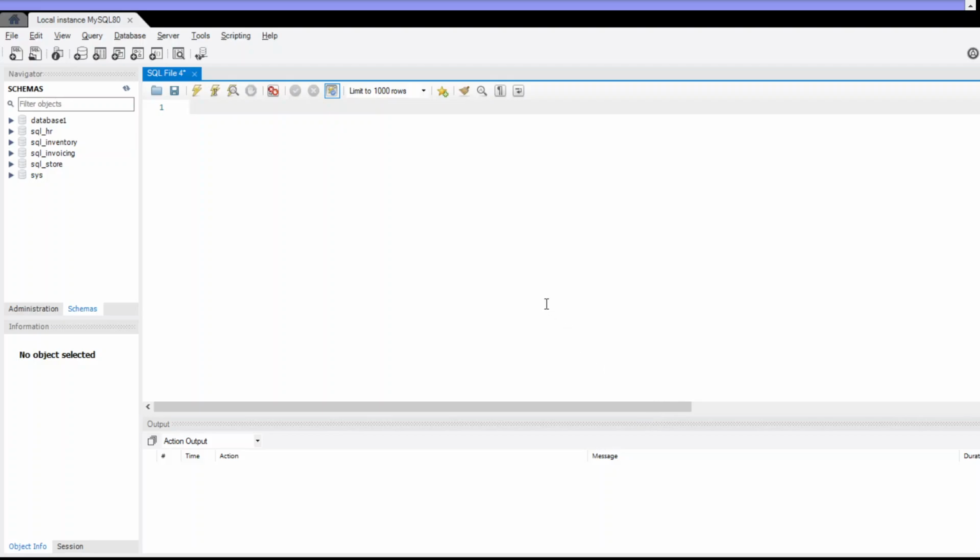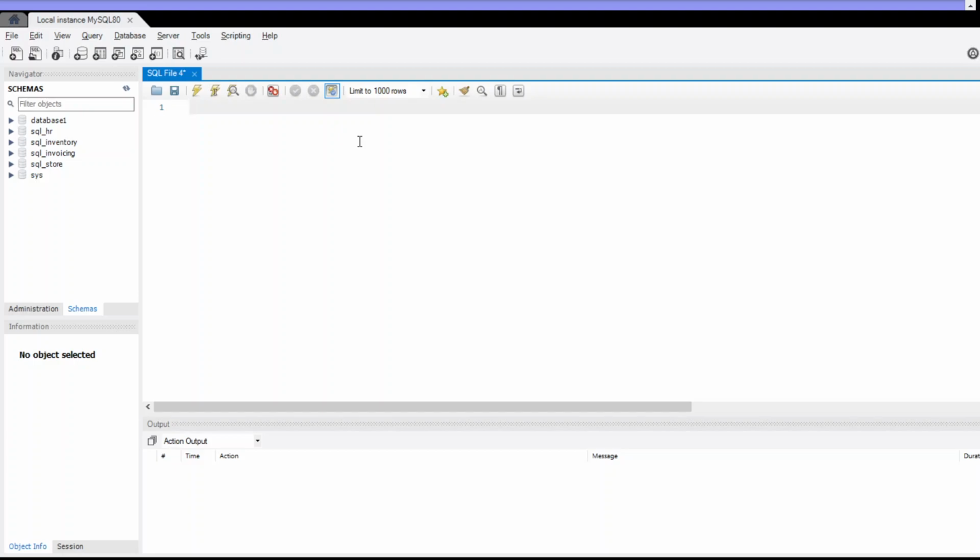Here we are going to learn how to create database and how to use it and how to drop the database. As you can see that I have MySQL Workbench software opened up and I have connected to the server by typing in my password. So now in the text editor we will type our queries. So first we will create the database, then we will use it and then we will delete this database.